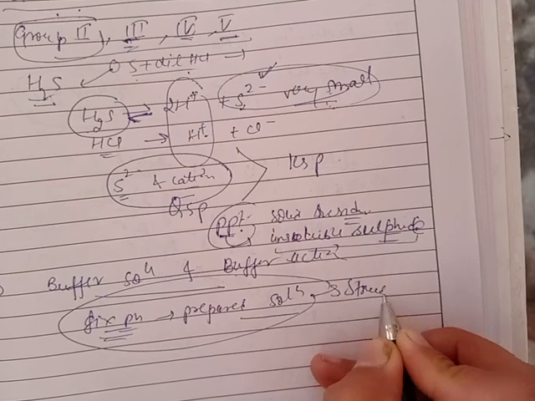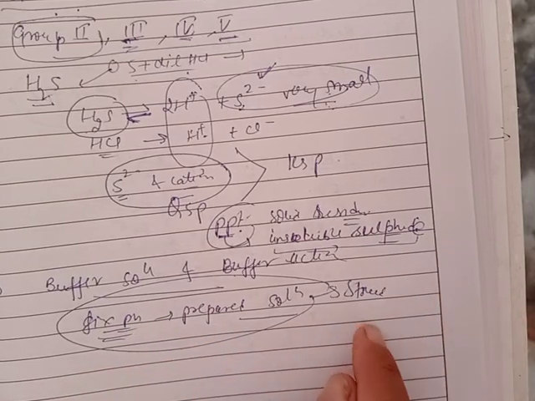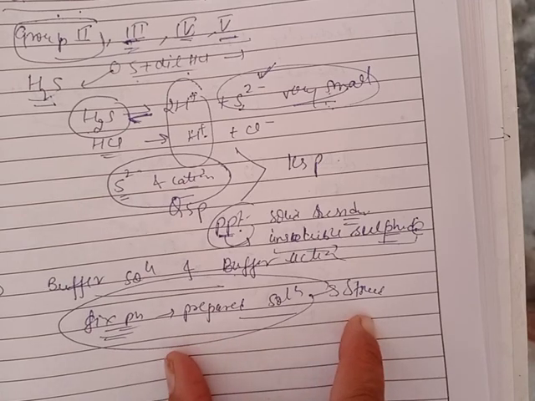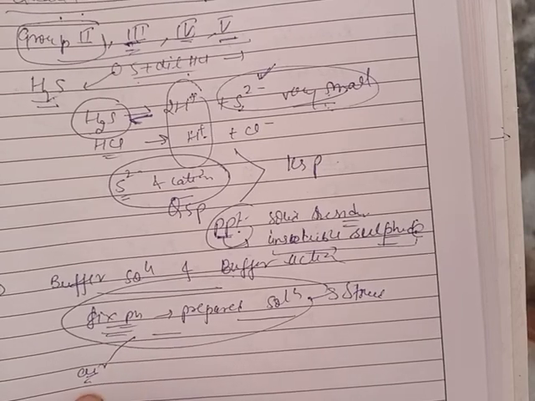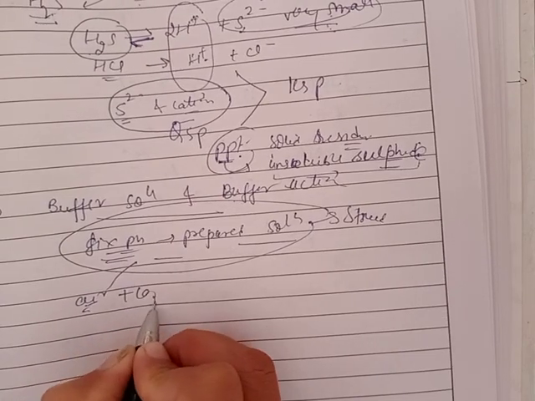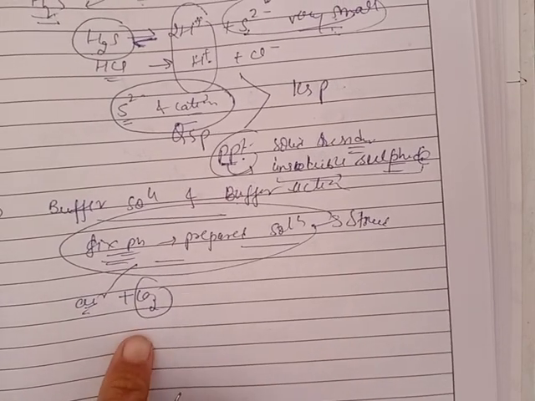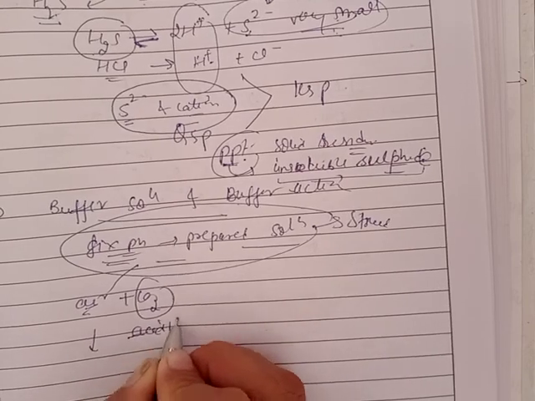We have prepared a solution with a fixed pH, and we have stored it. Now the preservation of the solution is very difficult, because if the solution comes in contact with air, then this solution undergoes absorption of carbon dioxide from the air, which will act as an acidic anhydride,